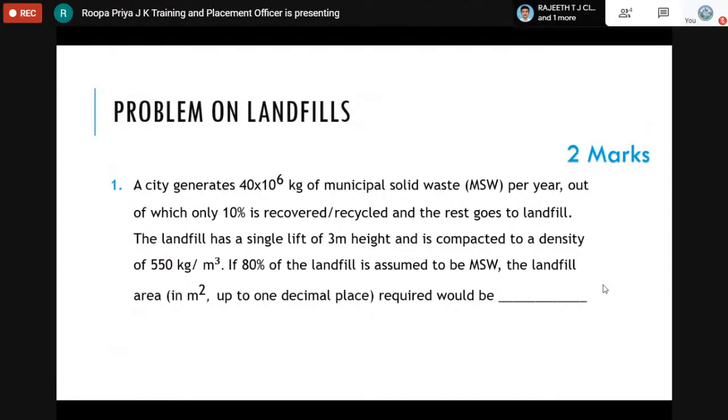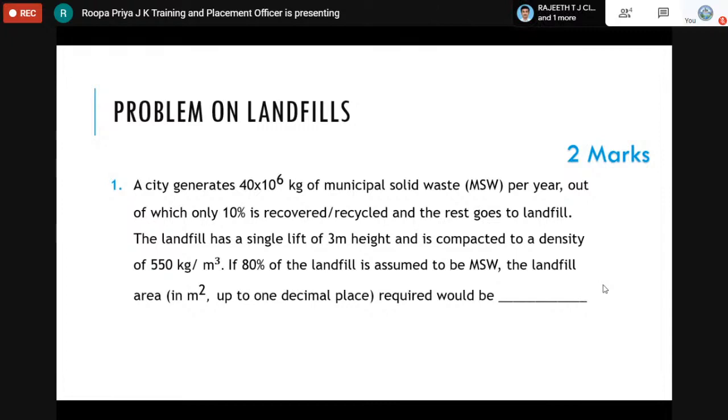First of all, we have to analyze the data given in this problem. It speaks about the quantity of the waste generated in kg. It also speaks about how much percentage of this waste is actually recovered or recycled and how much of it is going into the landfill. So if 10% is recovered, then 90% of it should go to the landfill, in a single lift of 3-meter height,